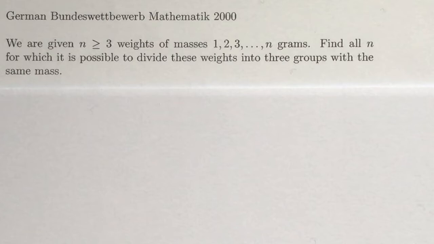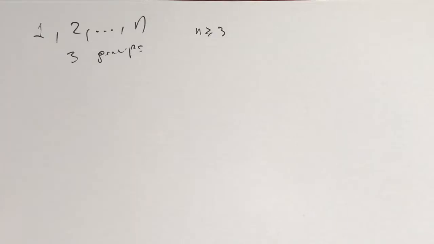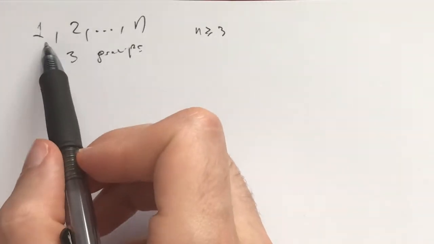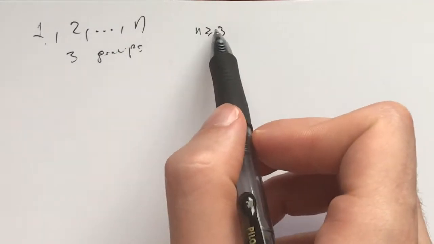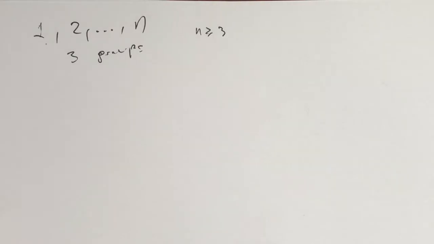If on the other hand you'd like to go along with us, I suggest you take 10 to 15 minutes and play around with the problem a bit and try to solve it. So now, let's begin. So the problem says we have weights of 1, 2, all the way through n, where n is a natural number greater than or equal to 3, and it asks us to find every single n